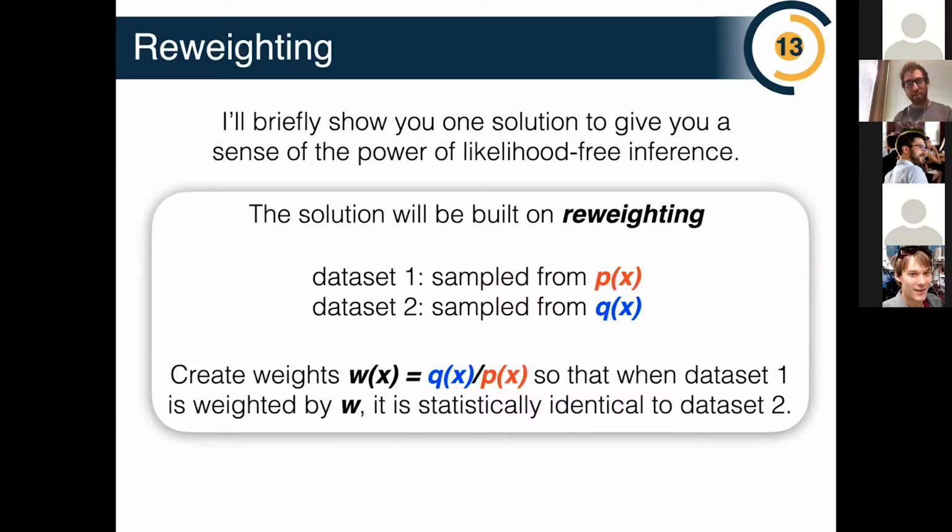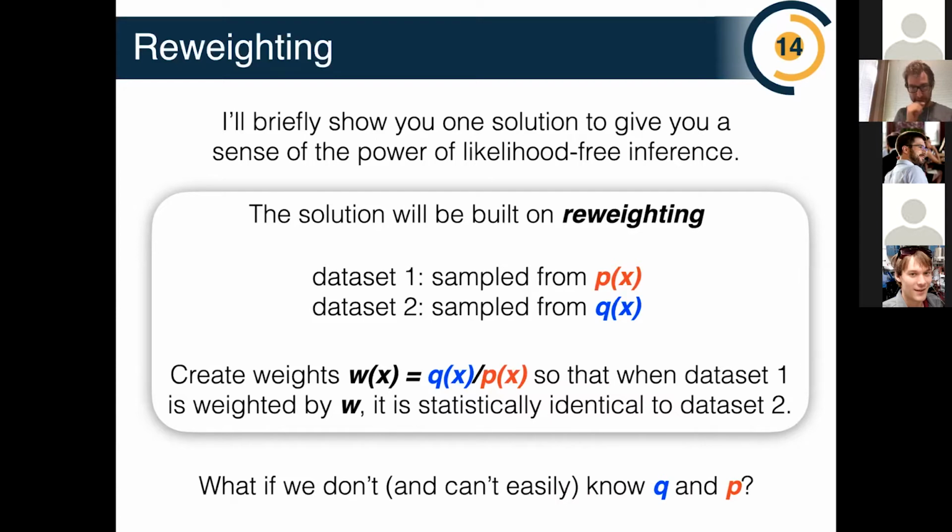The idea is that I have two samples, one sampled from P and one sampled from Q. And if I learn my weights, say Q over P, so that if I have a sample from P and have a sample from Q, if I apply the weights to the sample from P, it will look statistically identical to Q. Any statistic you compute will be within the uncertainty the same. Okay,